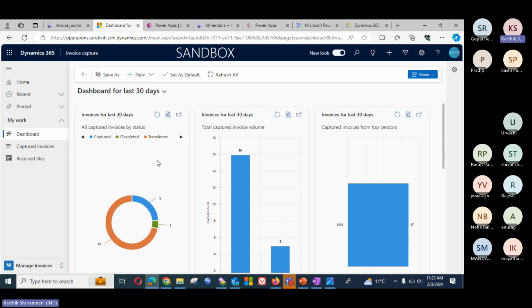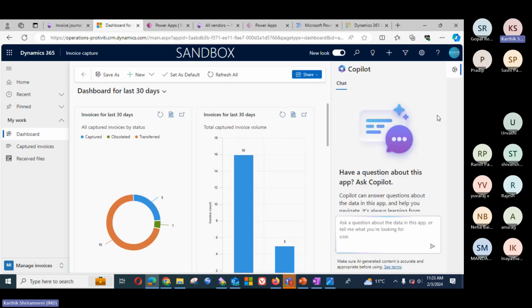What is the performance of invoice capture? How many invoices are there? How many are stopped? How many are transferred? The data can be captured from here. So again, this is linked with the Copilot. It's intelligent. If I ask it something,